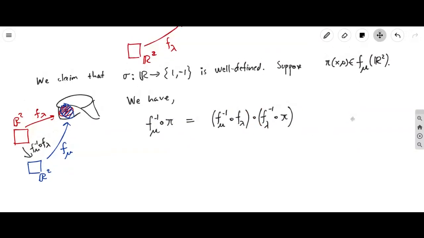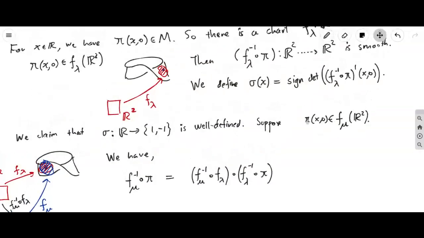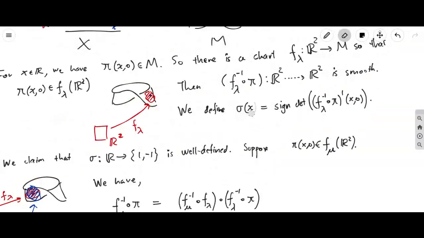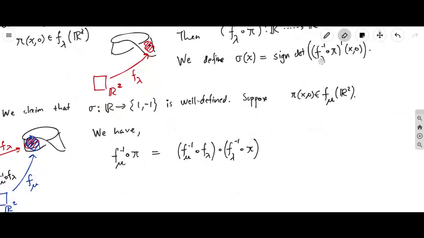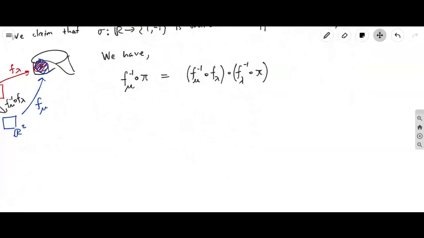Now, why are we doing it? Well, the reason is, let's go back to the definition of how sigma is defined. You do this composition, you calculate the derivative at x0, and then you find the determinant of that. Well, you also have to do it using the mu chart. So this is what the mu chart gives. So it follows from here. Now you're going to use the multivariable chain rule, which is just like the ordinary chain rule. So thus, the derivative